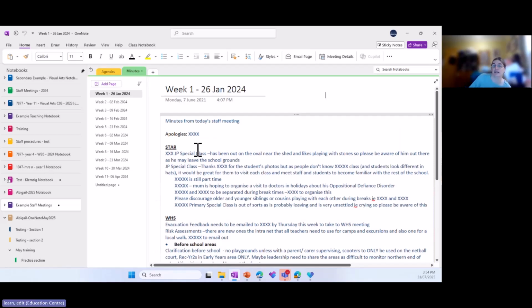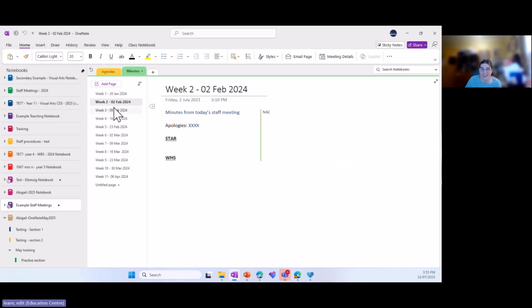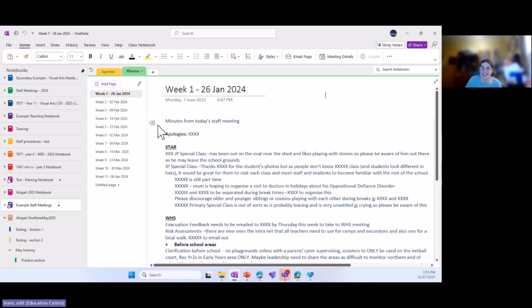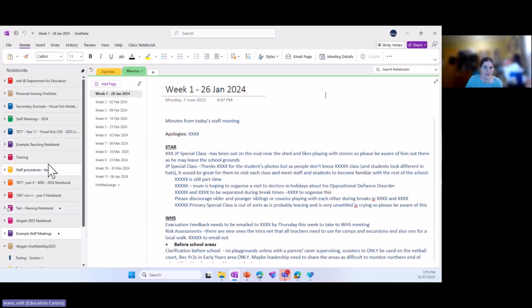Now, why might I use OneNote for something like this as opposed to Word documents saved in a folder somewhere? It's so easy to flick between different things. You can also use the search to find things. It's much easier than opening up lots of different documents to find which week something is in. Another nice thing about OneNote is, if I can find the right one,